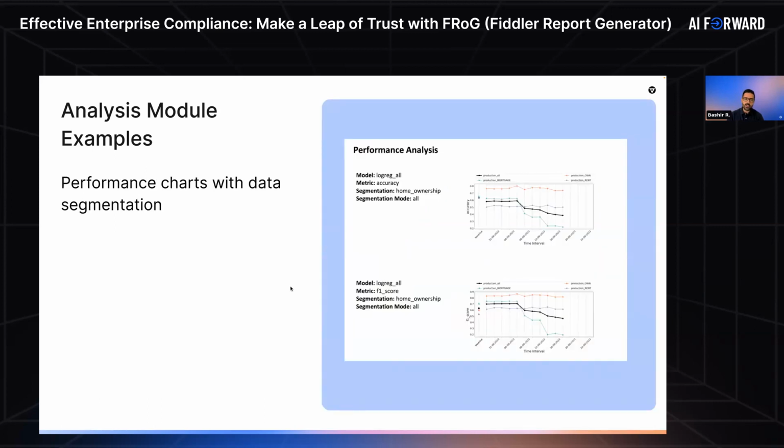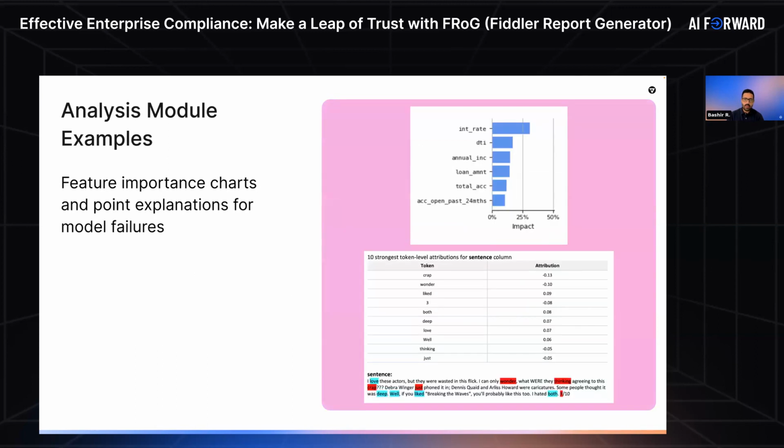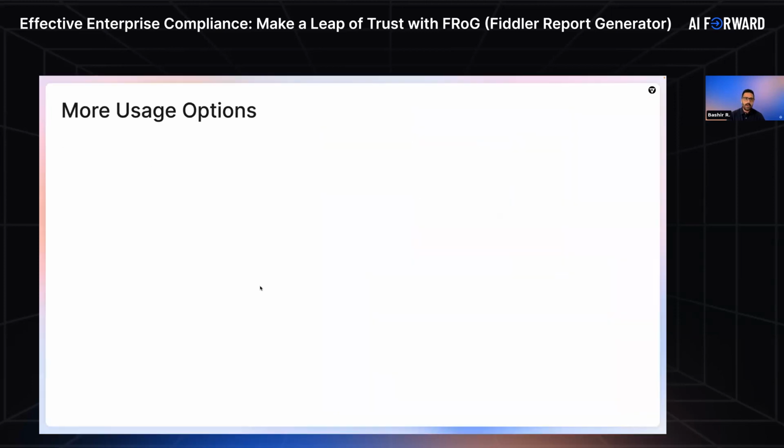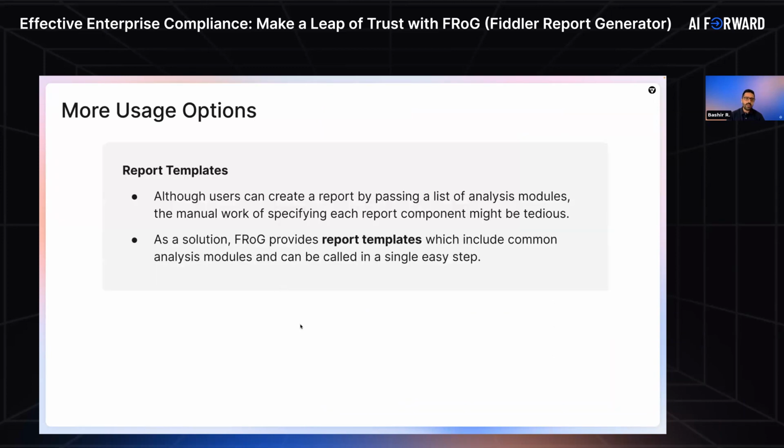Also, we provide performance charts with data segmentation feature, and all sorts of analyses related to XAI, like feature importance charts and point explanations for model failures. Some other comments about the FRoG library. Although users can create a report by passing a list of analysis modules, the manual work of specifying each